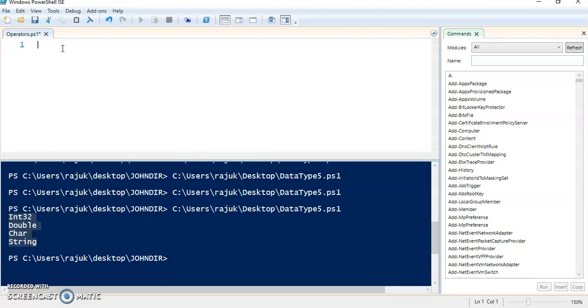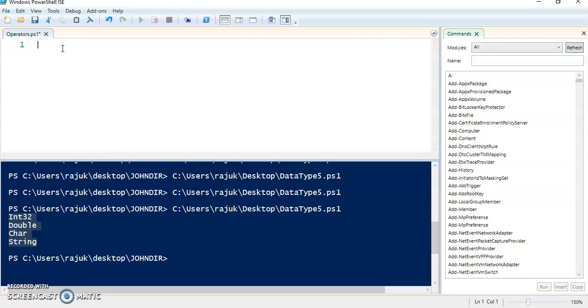In the assignment operator we use symbols like equal to, plus equal to, minus equal to. In the logical operator we have less than, greater than, and equal to.